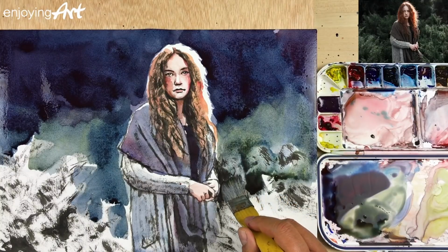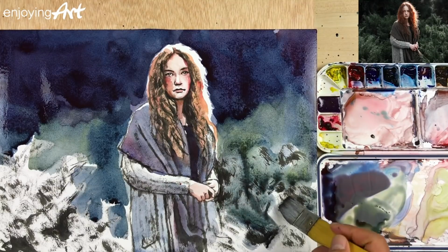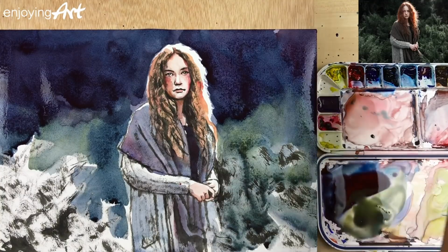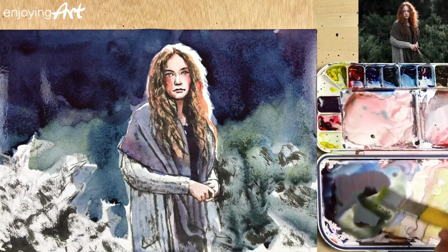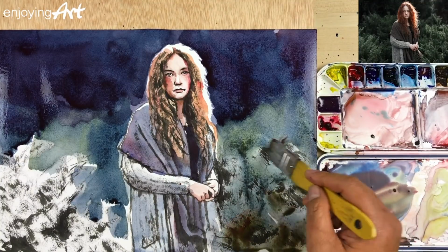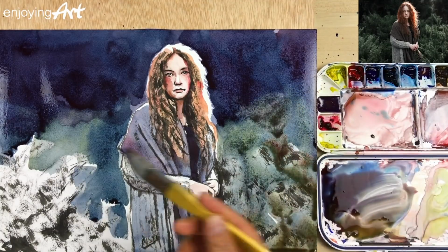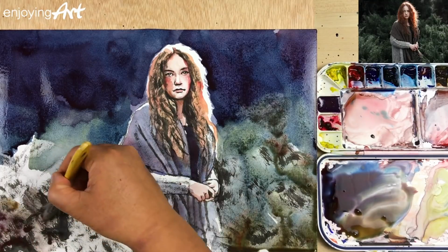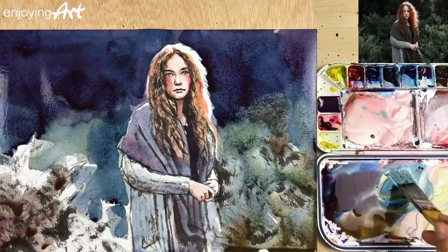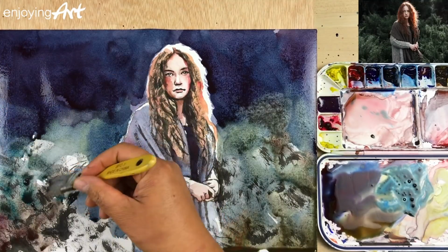The wash plus the ink drawing, it would describe what is going on outside and what color and what objects may be on the outside. Like that. A little bit yellow, a little bit blue. There you go. Now I have a little bit of suggestions of